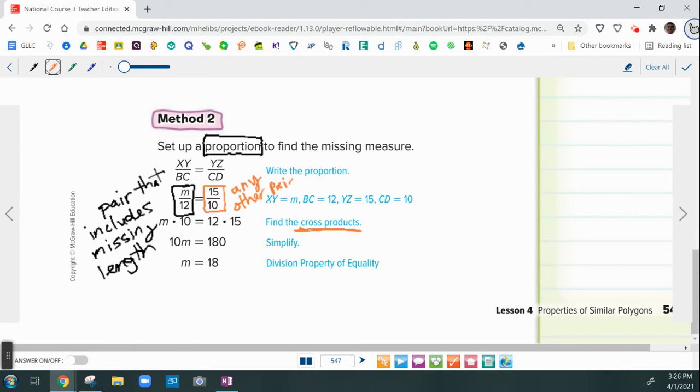Underline cross products. We multiply the m times the 10 and the 12 times the 15. All right, then we have this equation, and we just divide to isolate the variable like we've done a million times, and we get that number, 18. So you have to choose which way you like to do it,